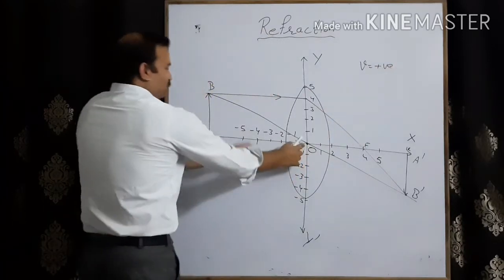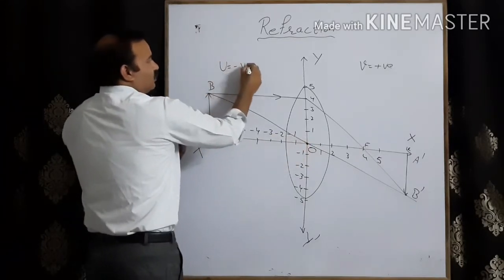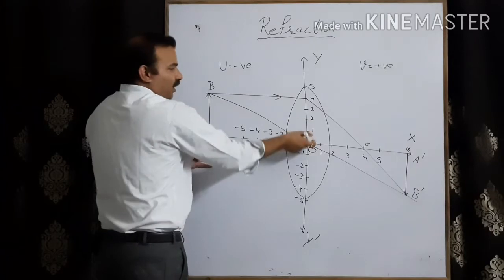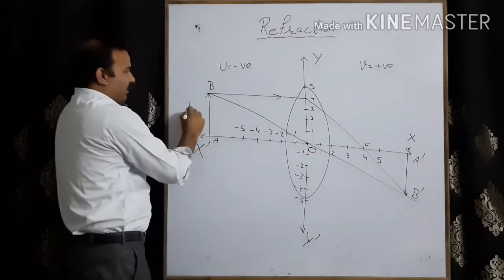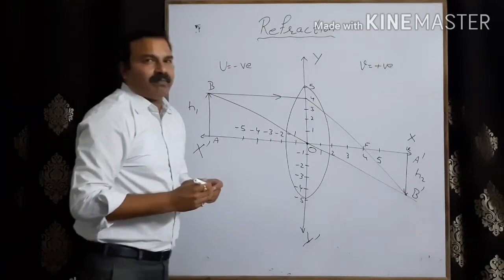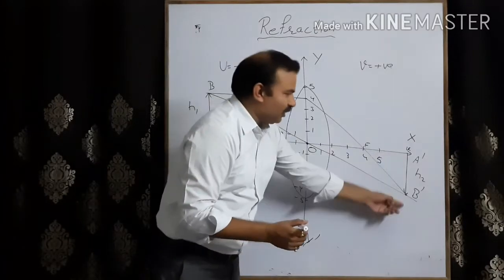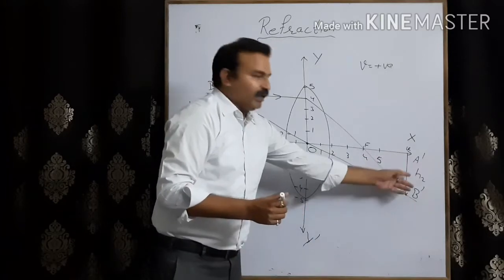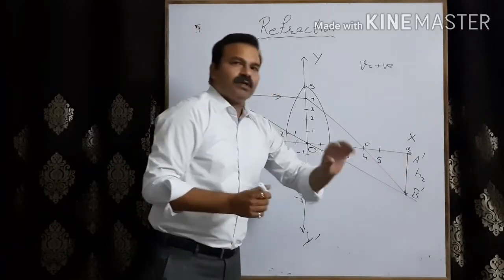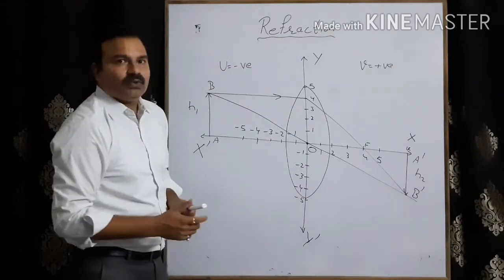Now distance to the left of the axis, that is here is the object, so u is equal to negative. Fine, and the distance above the axis, so this is the height of an object, h1, and this is the height h2. Please remember, height is always taken as positive, so forget that this is downside. Height, length, breadth, depth we always take as positive, so h1 and h2 will be positive. So like this it will be easy for you to remember.